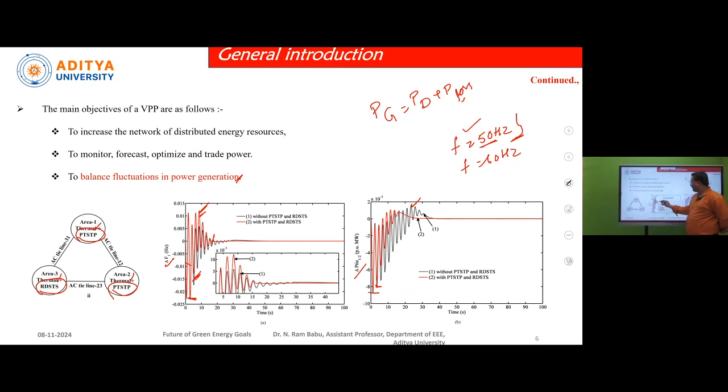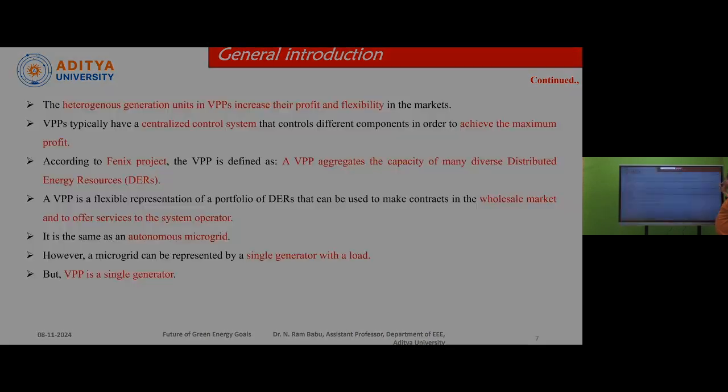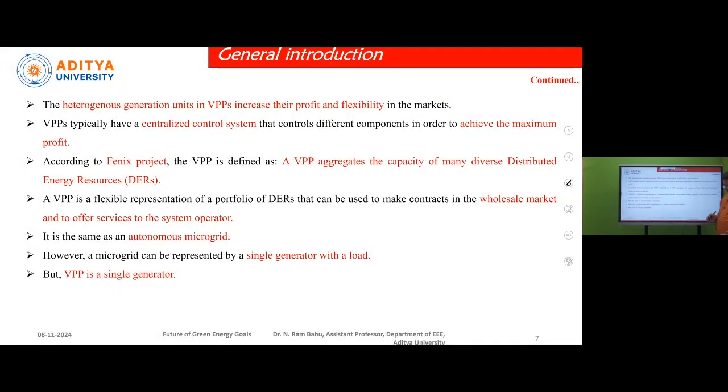And coming to the settling time, the red color one is settling very quickly compared to the system without renewable energy sources. Similarly, in the case of tie-line deviations also, the red color one, the system with renewable energy sources, is settling very fast compared to the conventional system. So this is the third objective with our virtual power plants. Okay, come to the next one.